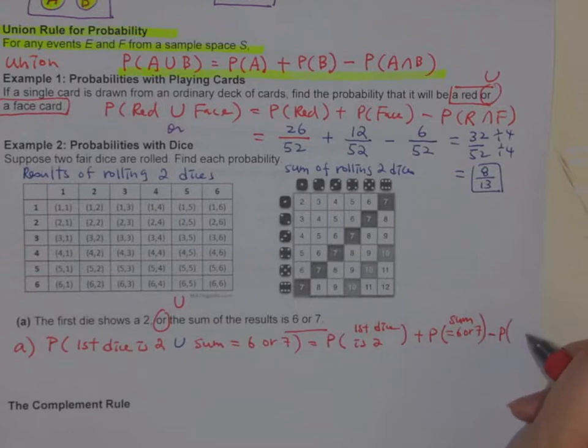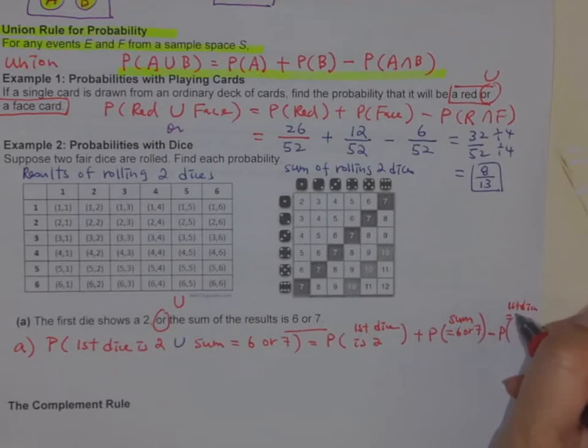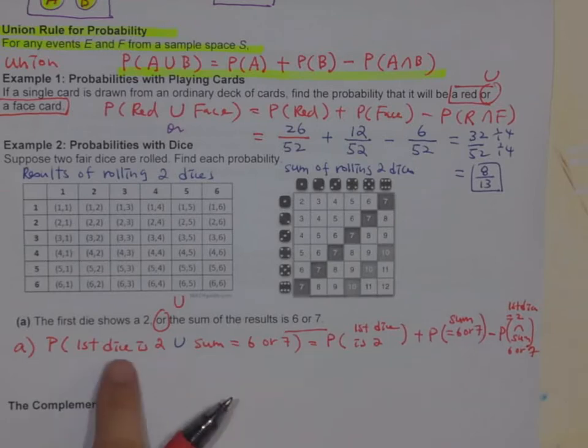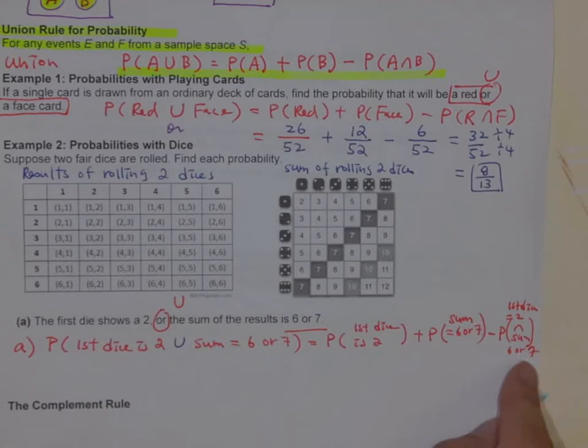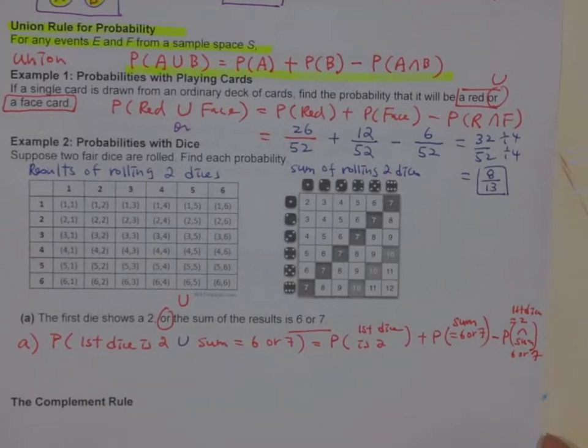I don't have enough space. So first dice equal to 2, intersecting sum is 6 or 7. A lot of times your book will say let this be A, let this be B. So P of A plus P of B equal to P of A intersect B. Alright, so let's look at this. First dice is 2, so